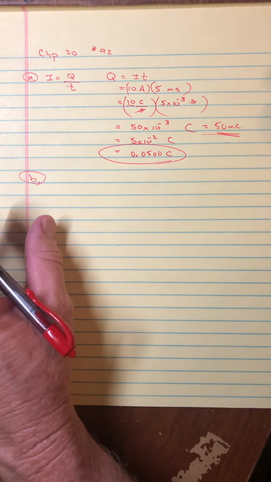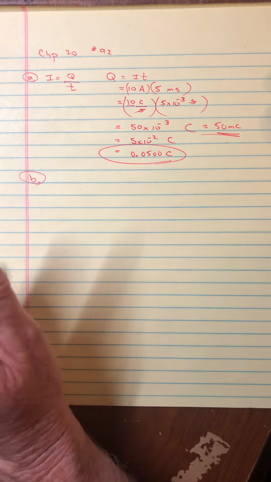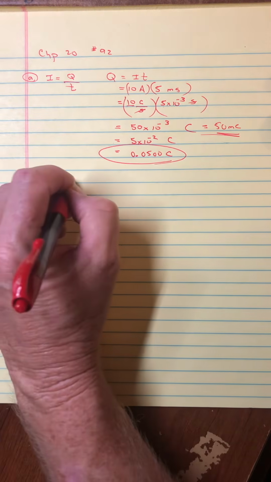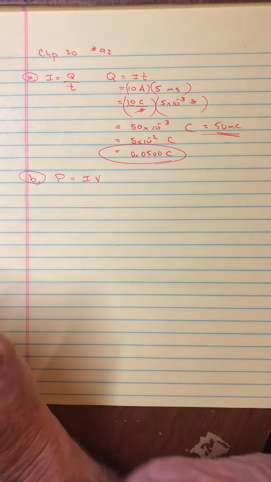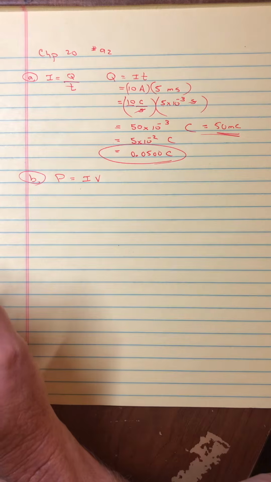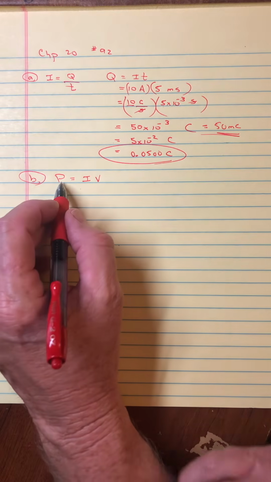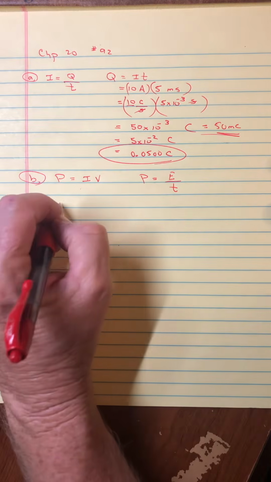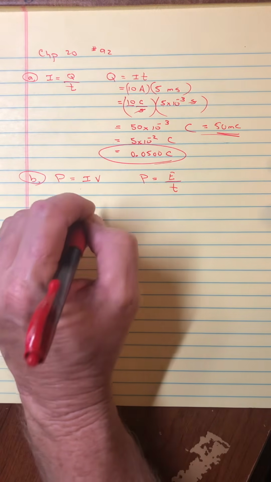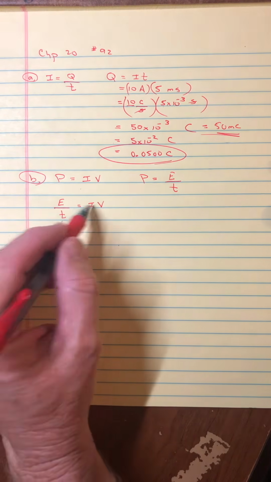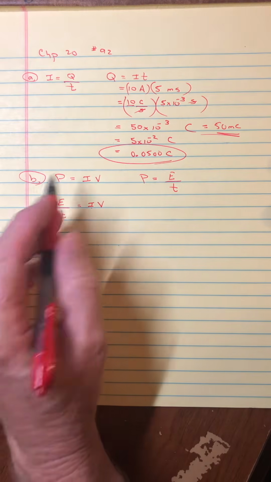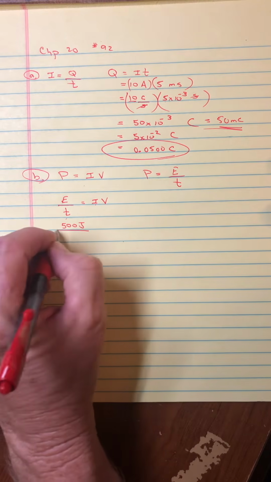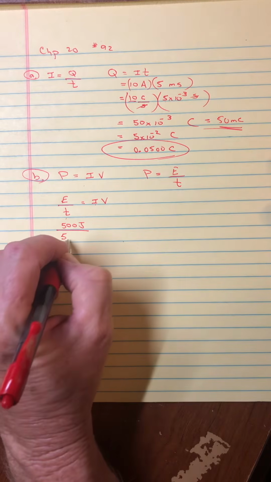Now, B says what voltage was applied if 500 joules of energy is delivered. Okay, so remember, power is current times the voltage, and we are asked for the voltage. We were told the current, and we're not directly told the power, but remember, power is energy over time. So I'll replace this as the energy over time, current times voltage, and these three I know. I know the current, I know the energy delivered, I know the time delivered, and now I can solve for voltage. So I'll start with the energy. What was this? 500 joules in a time period of 5